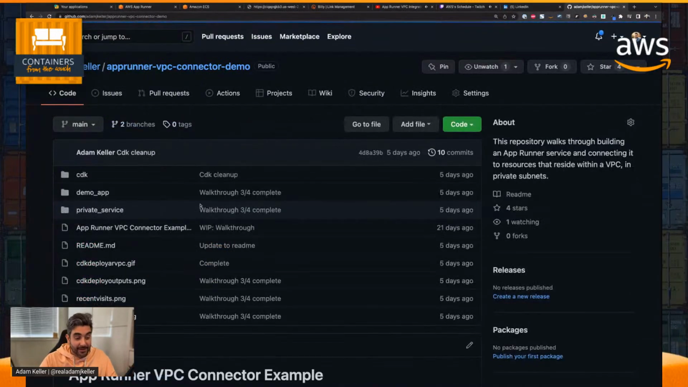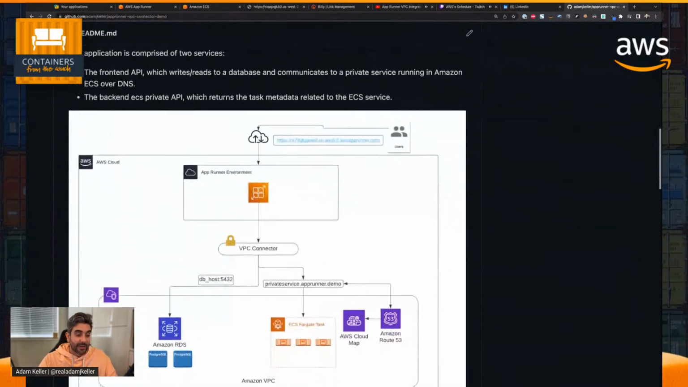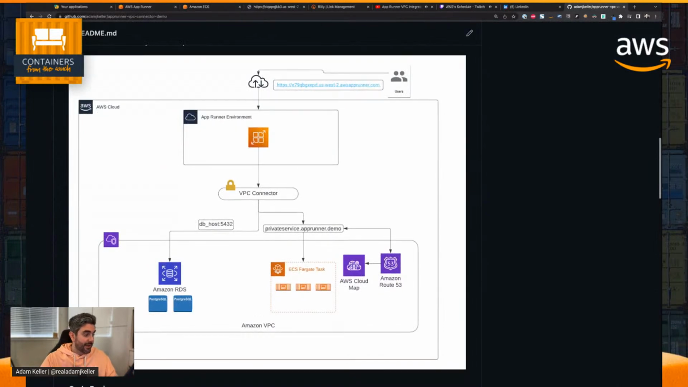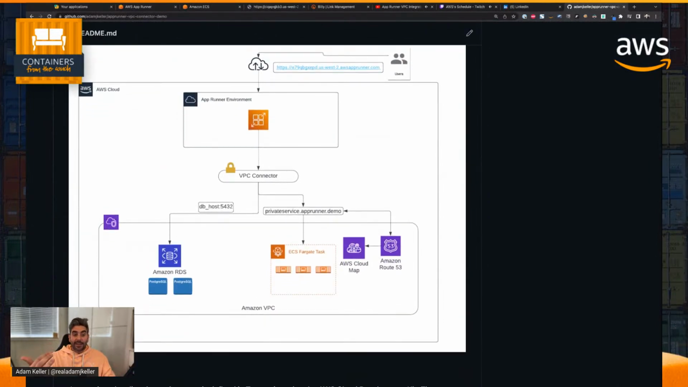So if I go back to my repo here and you look at the diagram, you can see you're accessing the App Runner endpoint. And by the way, you can connect this to a vanity URL, like you can connect it to a domain to get a nice URL there. I'm just using the default for now. But you can see we have our App Runner service that's running, and it's able to connect into my VPC, talk to my ECS service over service discovery, and it's talking to my database host all through that VPC connector